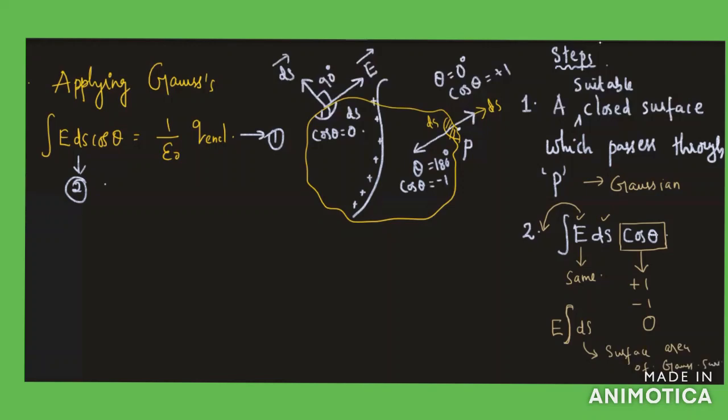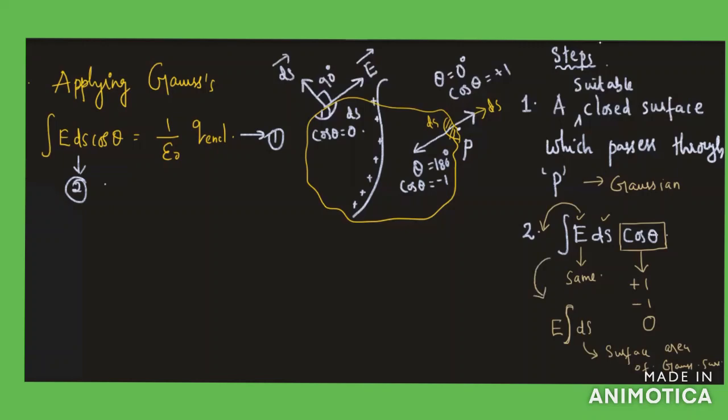Yeah, so these are the first two steps. First, select a suitable surface. Suitable means what? When we select a suitable closed surface, we need to consider these things. Select a surface on which at every point the value of cos theta is either +1 or -1 or 0, that is, theta is either 0 or 180 or 90 degrees. Then select a surface on which at every point the magnitude of the electric field is the same. Yeah. Then the integral